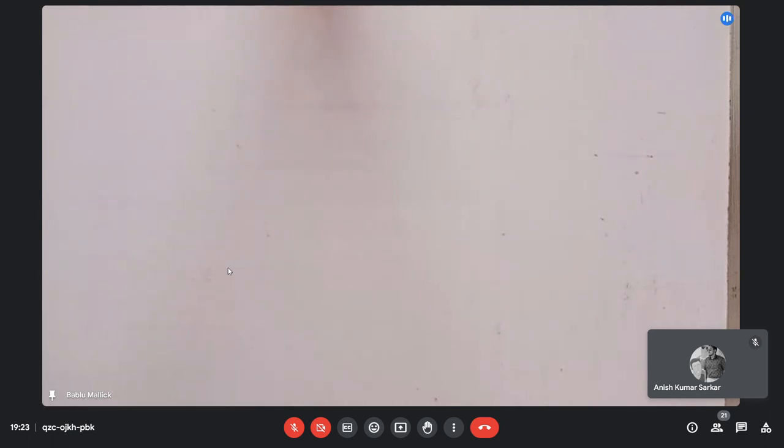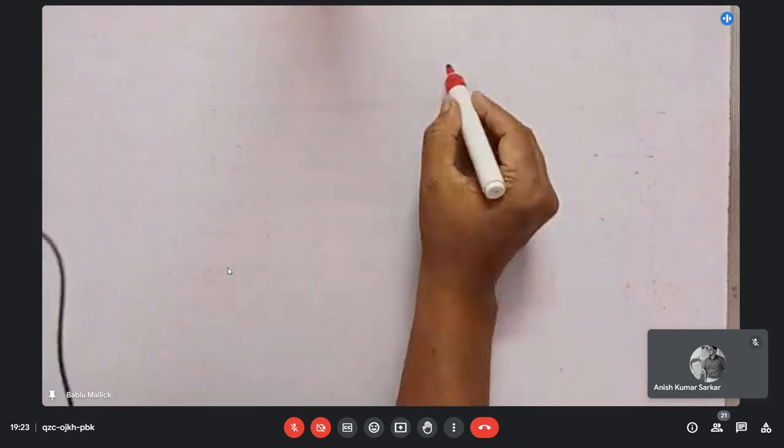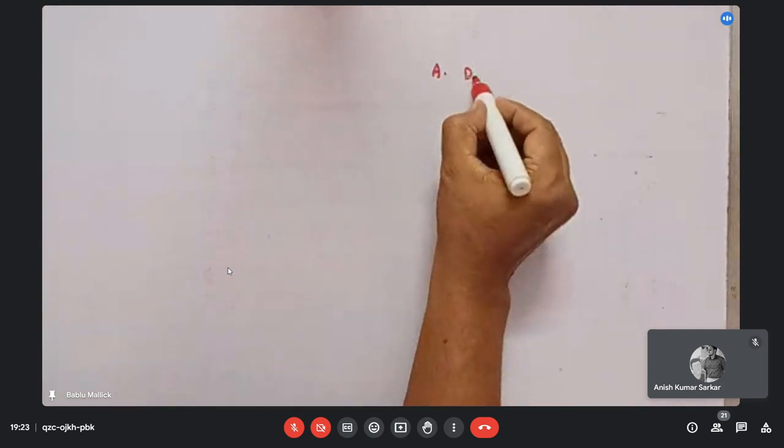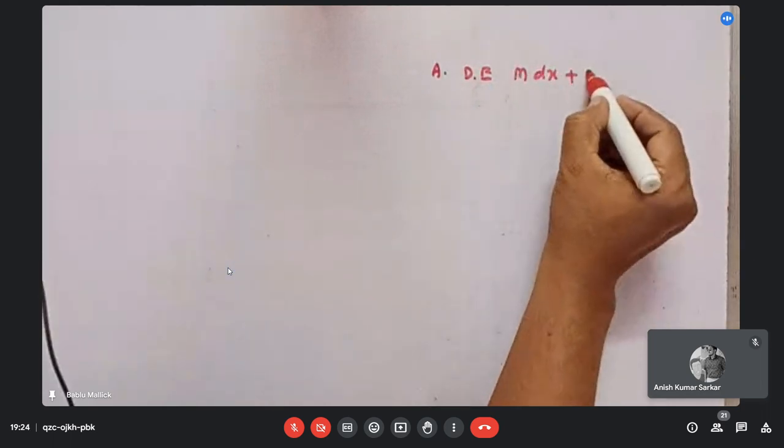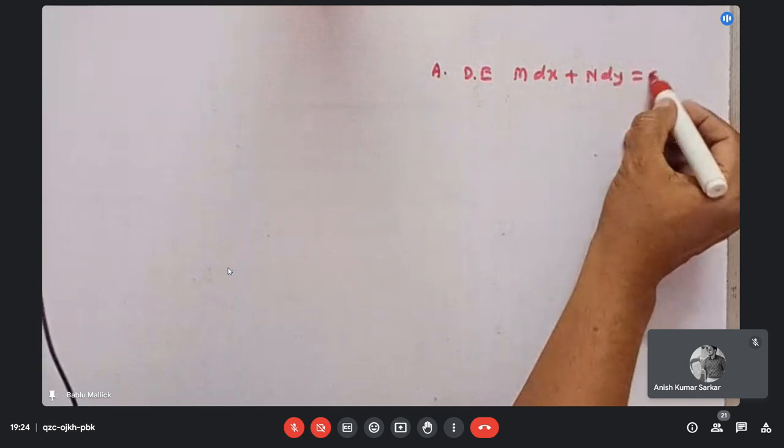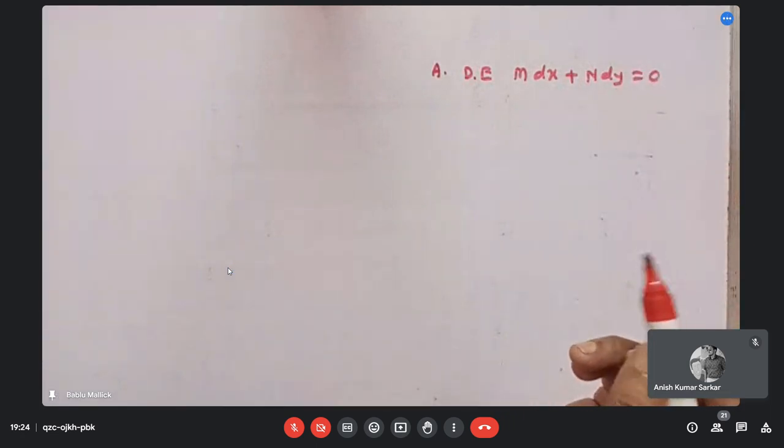First, a differential equation M dx plus N dy is equal to 0